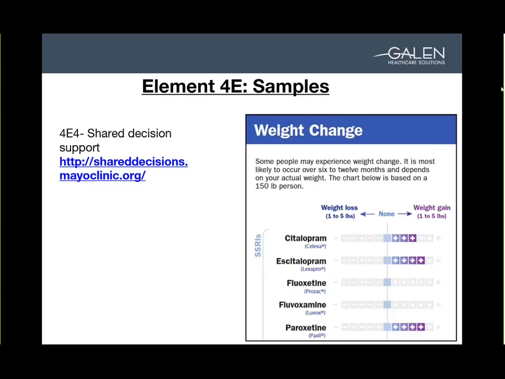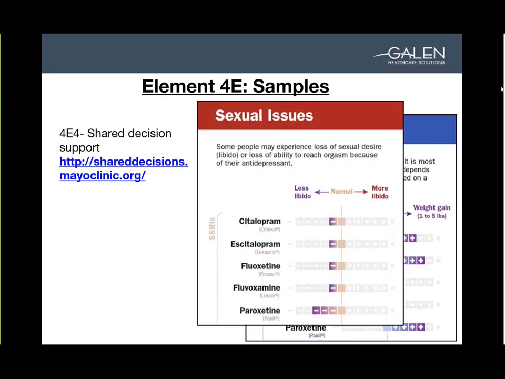But if I'm debating which one, you say, well, you could do this one or that one. Some people care about this, right? I'll tell you, as a woman, I would care. Anything where I see weight gain, I start to cringe. So this is about giving the patient the chance to say, well, which one? Okay, well, just so you know, for this class of medications, there's weight gain, and there's also sexual issues. So which one do you want? And this is letting the patient, based on their life, their lifestyle, with some guidance, right? It's not about the patient taking which med they want, right? There's some